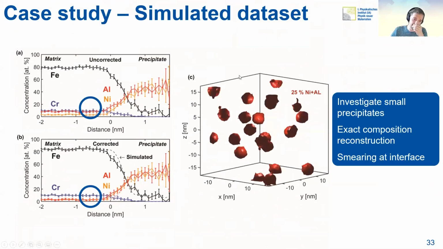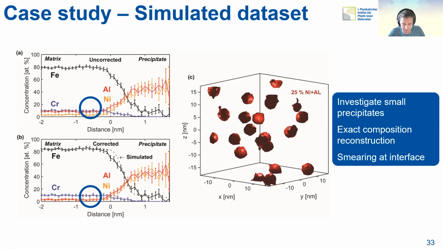A second case study was performed on a simulated data set, as you can see here, where we generated 2 nanometer precipitates, many of them in a small cube, and then looked at our generated composition and the uncorrected and corrected composition, where you can see here on the top again that especially the aluminum content is highly overestimated. And if you look at the dashed lines in the bottom, you can see that the correction is actually working really well. And even though the errors due to this really limited number of ions get a little bit bigger, we still have really high resolution in terms of the